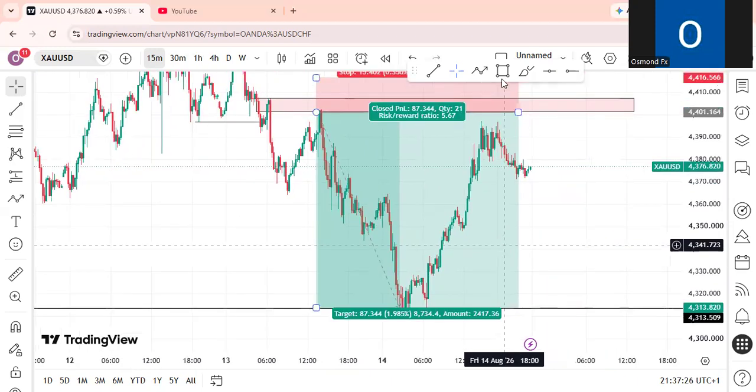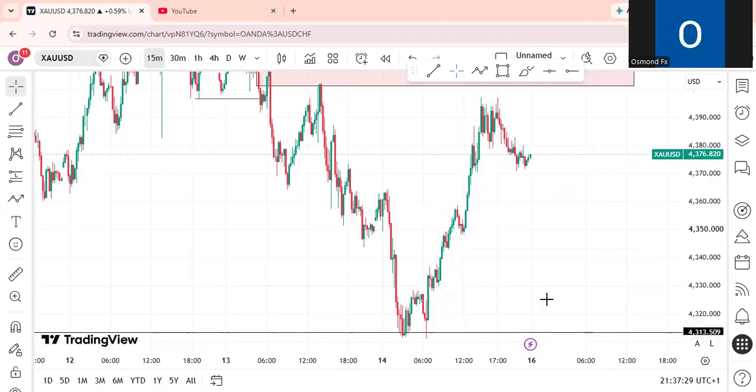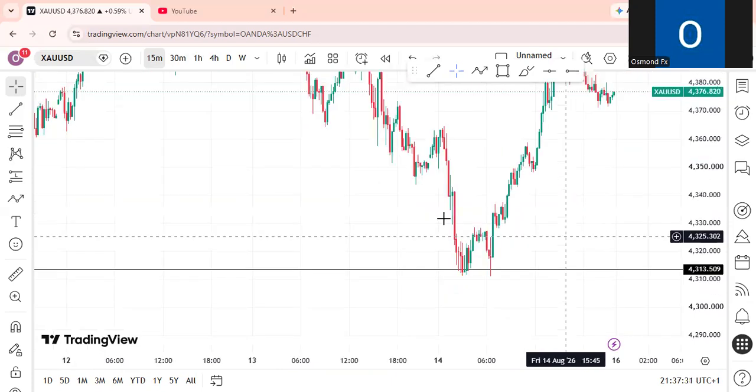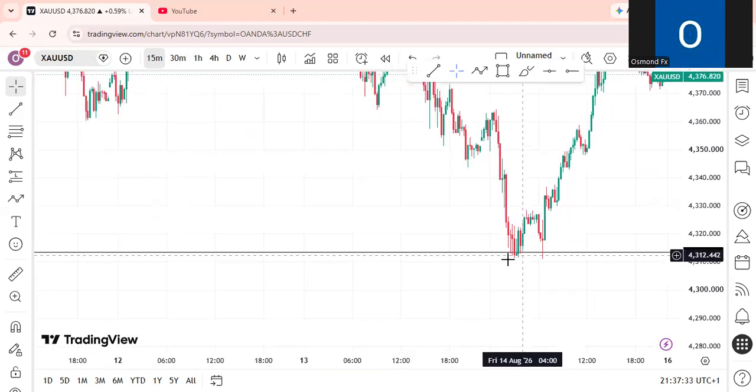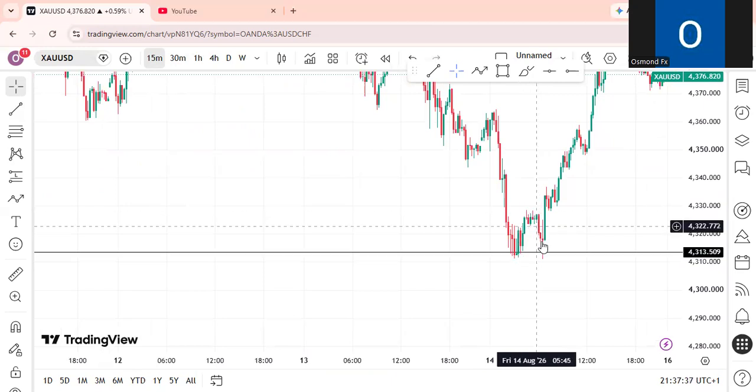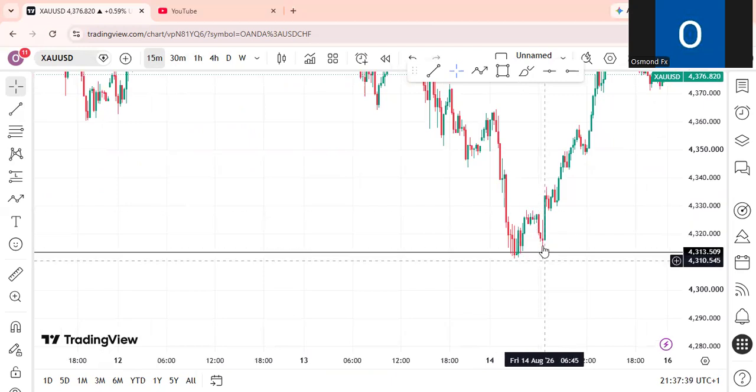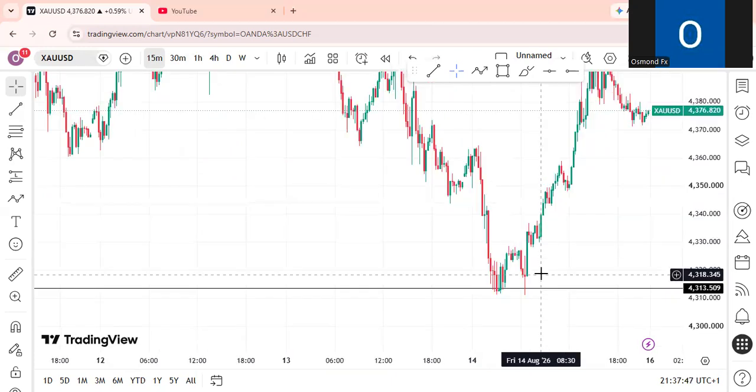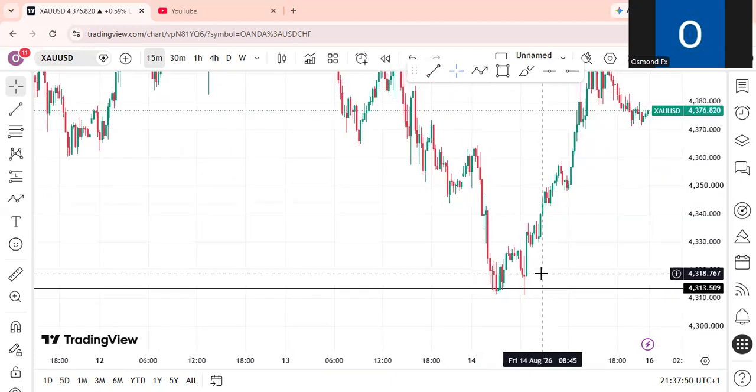Now, I told you guys that gold is the king of liquidity. A lot of people that wanted to buy gold took their buy here, but eventually gold came back again. You see this week, gold came back to hit their stop loss, if you have a very tight stop loss, before going up. Let me give you guys one of the secrets of trading gold. For the area where you want to buy or sell gold,